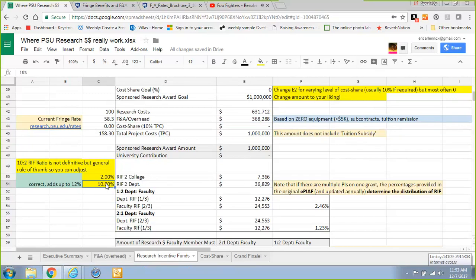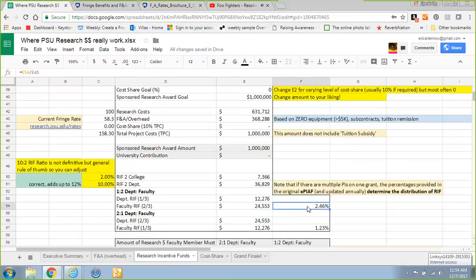But rule of thumb is that it's either a 1 to 2 or 2 to 1 distribution between the department and faculty. So I have both of those scenarios covered here, with $12,000 and $24,000 going to each group respectively. And so depending on if it's in the faculty member's favor or in the department's favor, you see faculty getting between 1.23 to 2.46%